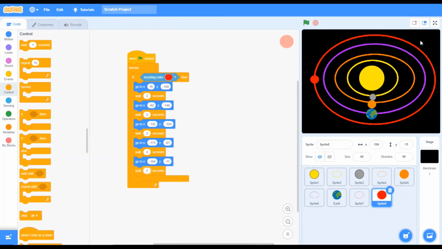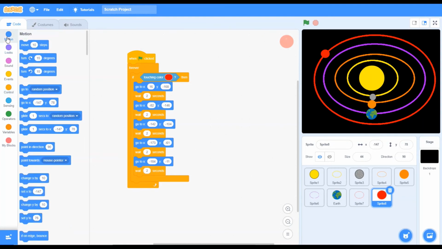Then I will draw the asteroid belt. Behind it will be Jupiter. Then I want it to go to this position. Okay, looking good. Actually, I like this very much.